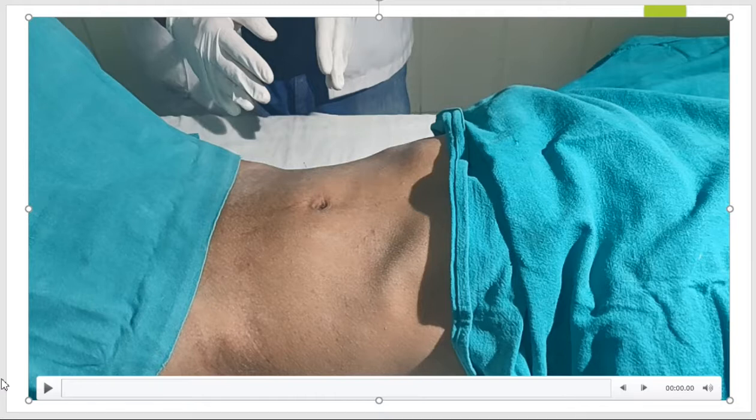Any queries regarding these visual methods we can discuss in further portions of this abdominal examination video series.